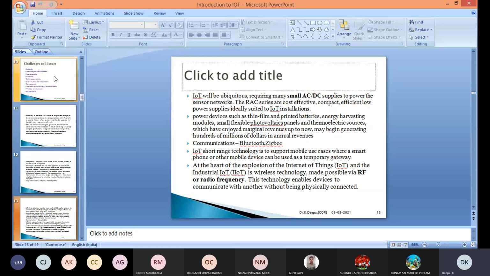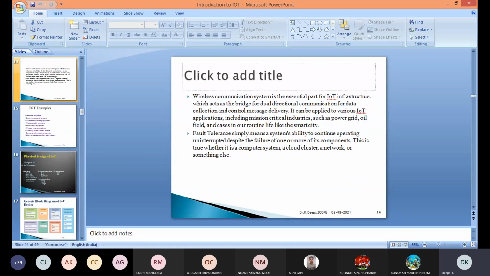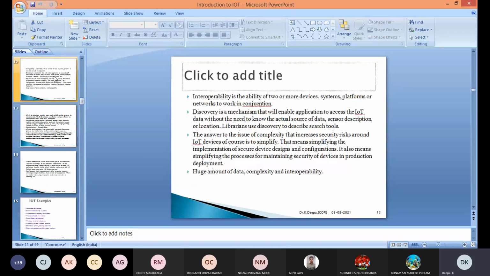Radio frequency is another technology which enables devices to communicate with one another without being physically connected. Some of you may have the habit of listening to songs with FM. Everything is possible. This is also said to be short range. And the next comes